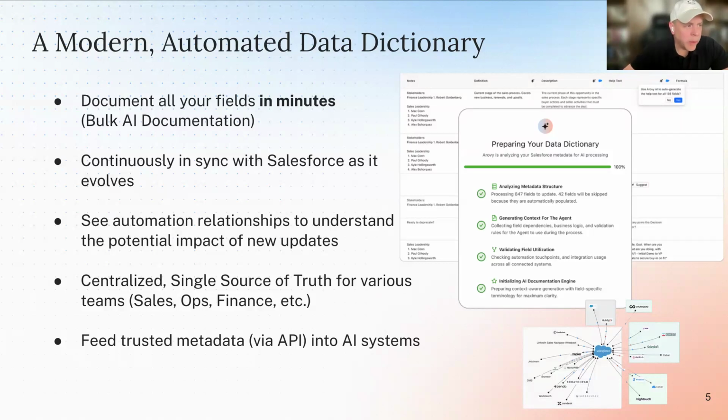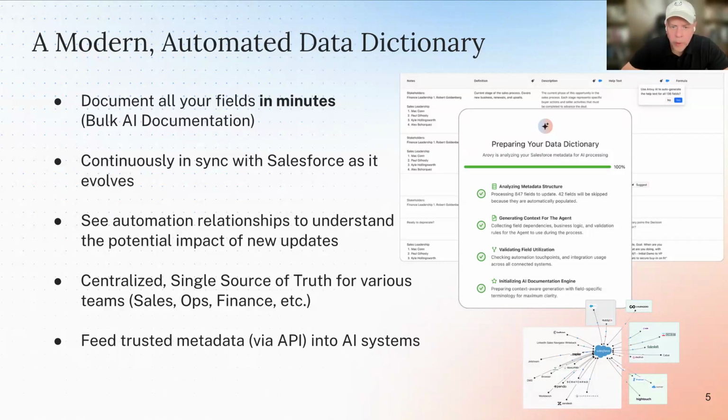I really like the ability to update the definitions and descriptions using AI, but also to tweak it according to what BambooHR needs. So if we have certain certified fields, like I was talking about earlier, that we want to earmark, and maybe there were only 60 of them out of the total 800, we can quickly call those out, and then we can filter off of those in the future and see which ones were certified. And also, when we need to delete a field, understanding what the downstream impact is,